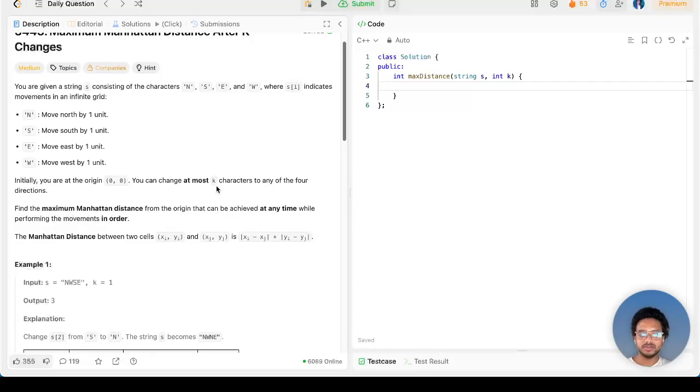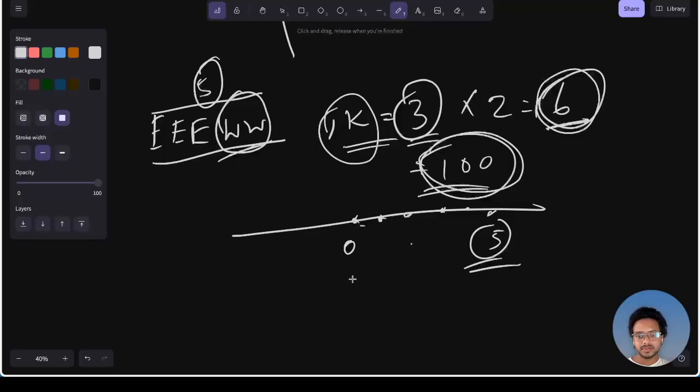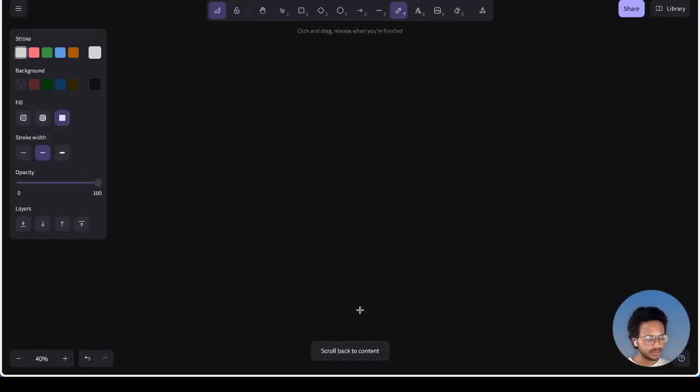You don't have to use all the value of k. You can change at most k. That's it. Now, how can we solve this question? For example,